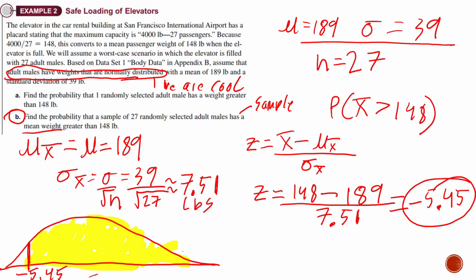That area is small because I'm very far to the left. I am much further to the left than this thing that gave me this tiny value, 0.0003, so like 3,000ths of 1%. So this area is going to be even smaller than that. So this yellow area de facto is approximately